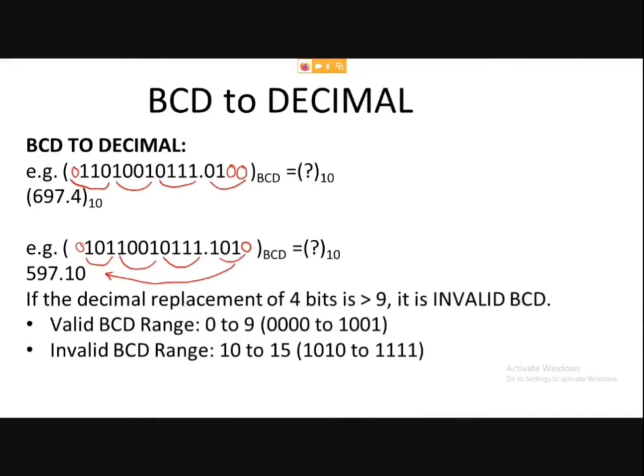Why? Because while converting decimal to BCD, we had used 0 to 9 symbols, and these 0 to 9 were replaced by their individual binary. Now this 1010 is a group of 2 decimal digits, and while dealing with decimals and binary BCD, we have to remember that the value cannot exceed 9. So the valid BCD range is 0 to 9, and the invalid BCD range, that means anything in excess of 9, that means 10 to 15, but they are in 4 bits. So these 10 to 15 will be considered as invalid BCD numbers. Okay.